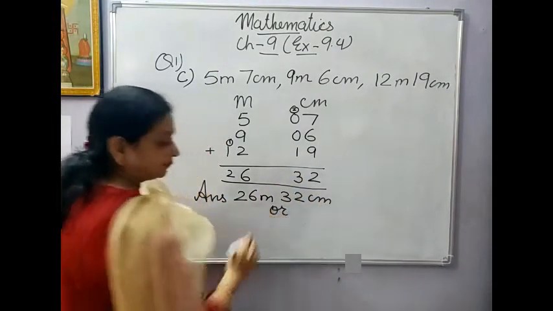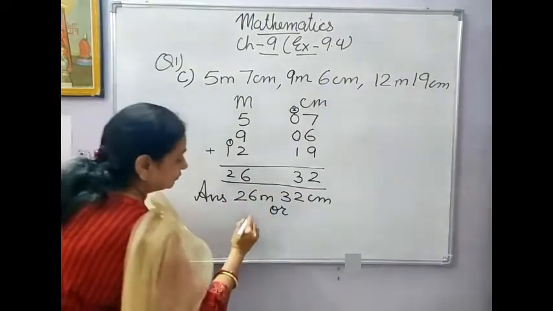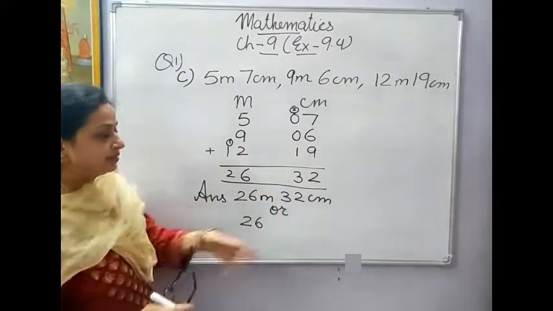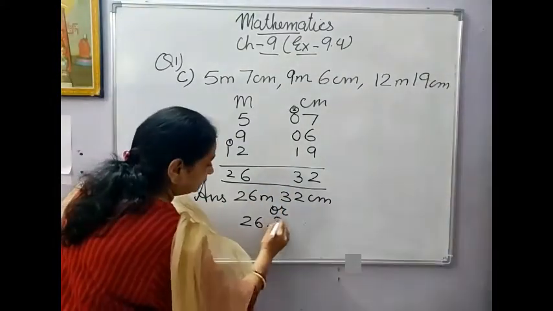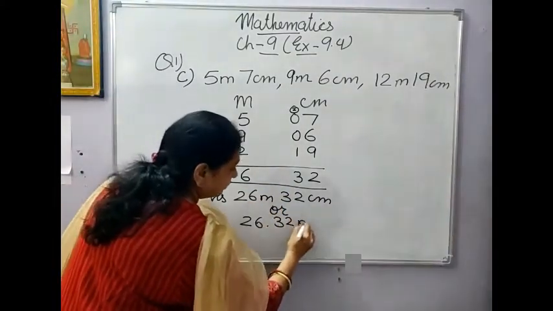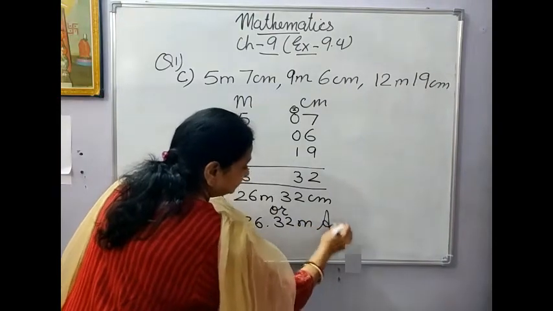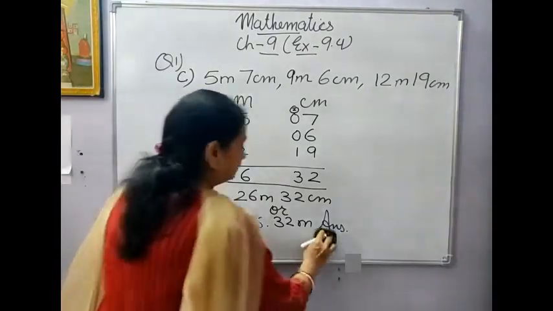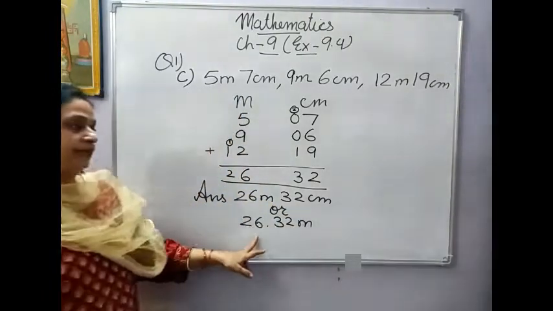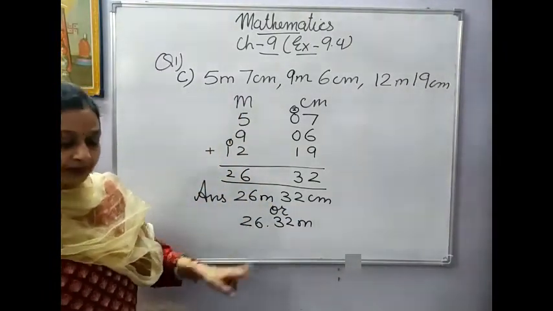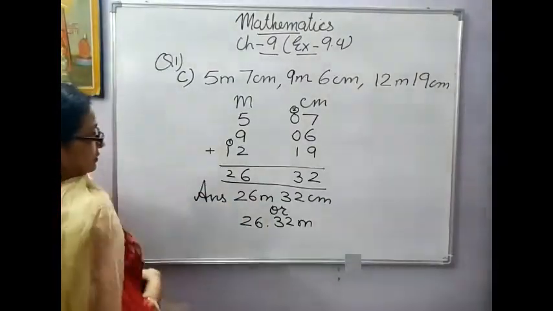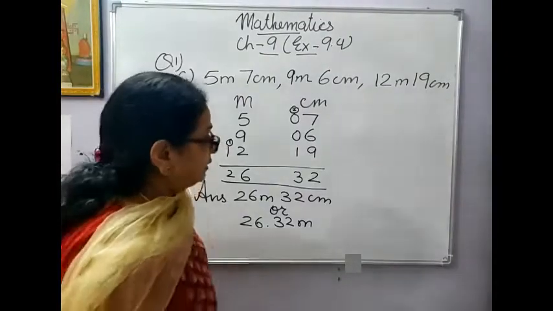Now in decimal, you will write down 26. There are 100 centimeters in a meter, 2 zeros, so we put 32 and the higher unit as your answer. Okay, 2 times I have written the answer. So this will be like this. Then another one I'll take. Sum number D. Okay, I'll do over here.